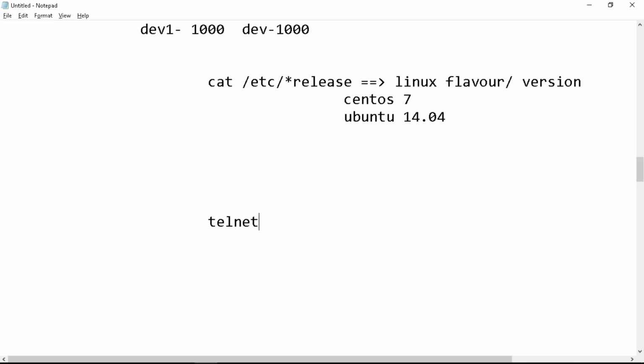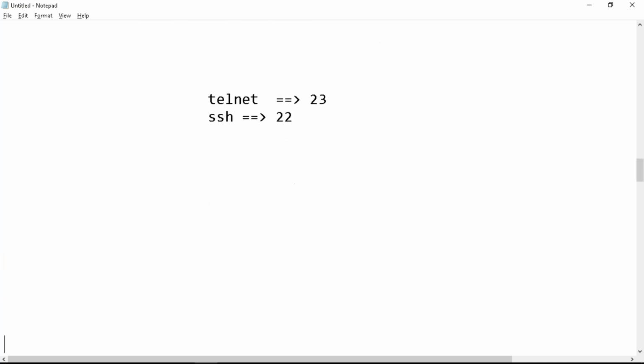So we use two protocols. One is telnet, the other is SSH. These are two protocols basically for logging into a machine. Telnet listens on port 23 and SSH listens on port 22. So on the server, which is in the,